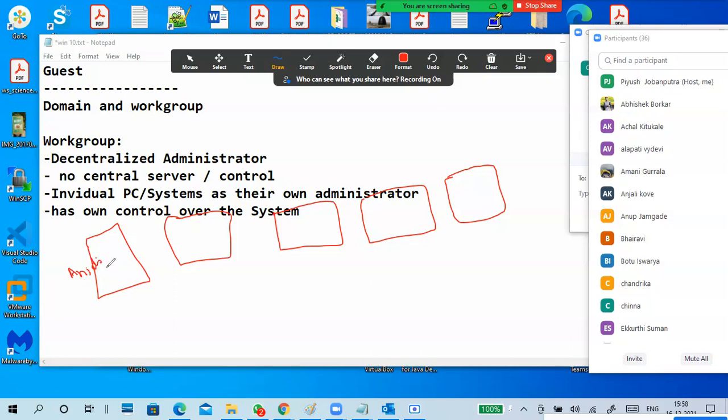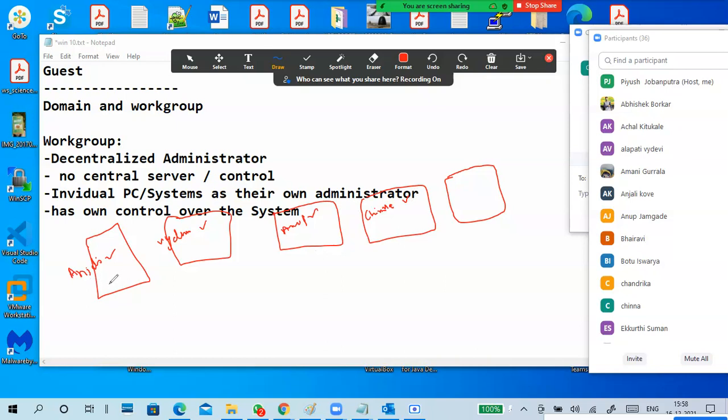Anjali account is here, is an administrator. And here Devi, Anu, Chinna is there. So who is admin here? Anjali is admin, Vaidevi admin, Anup is admin, Chinna is admin here.